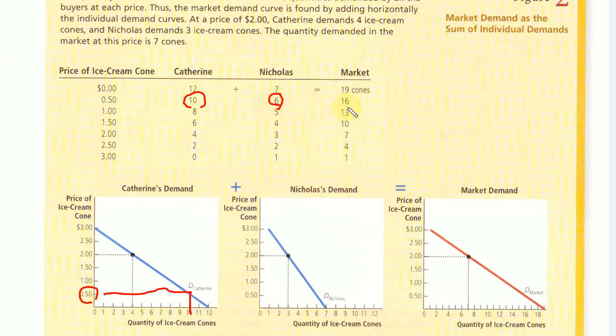The sum is 16. So the sum of these two is converted to market demand. The market demand is easily calculated by summing up